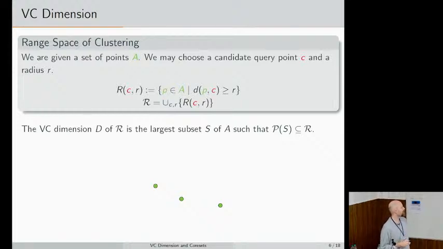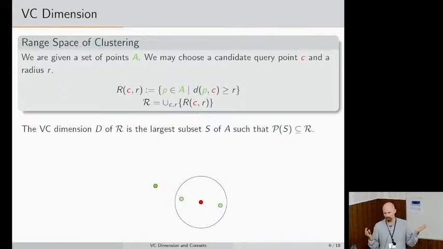So for the range space, I'm giving you a center c. Let's for now just imagine it's one center, right? And a candidate radius. I'm now going to draw a ball of radius r around this center c, and I'm going to say you're contained in the range if your distance to the center is larger than r. So in this example here, this point is contained in the range, these two are not. So the two parameters that I can use to get new ranges are c and r. I can change r. In this case, this point right here enters the range, right? Or I can also move the center around.